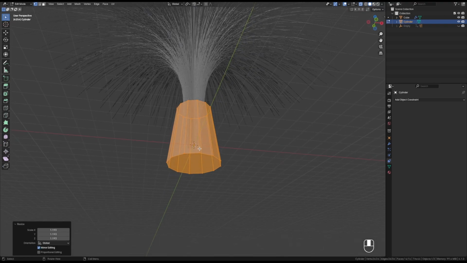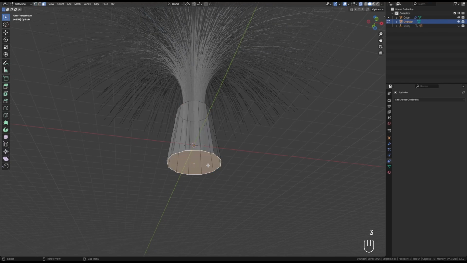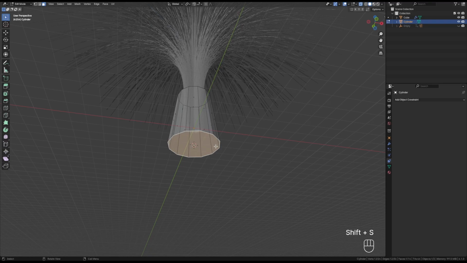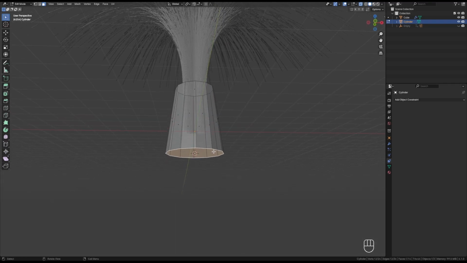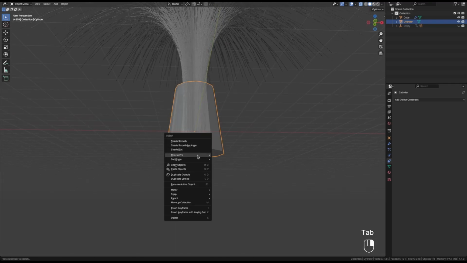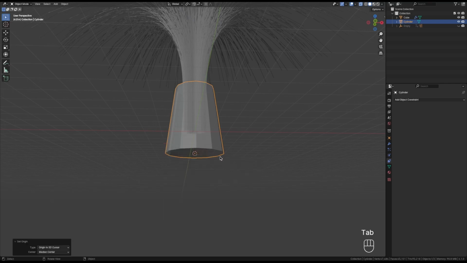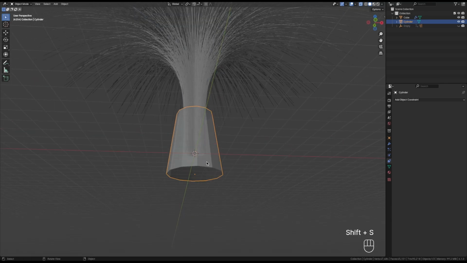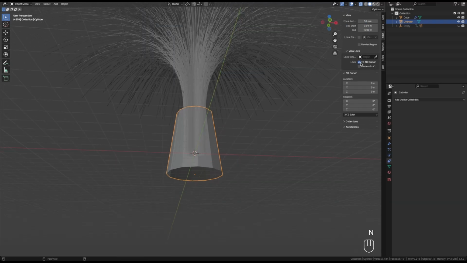And then I want to grab this bottom face by pressing 3 to go into face select mode, click, Shift S and cursor to selected. And what that will do is, if we tab into object mode, right click, set the origin to the 3D cursor, and Shift S, cursor to world origin, and this is jumping around because I have the lock to 3D